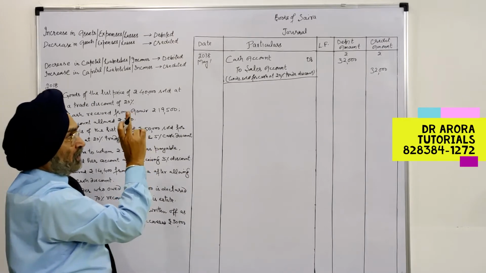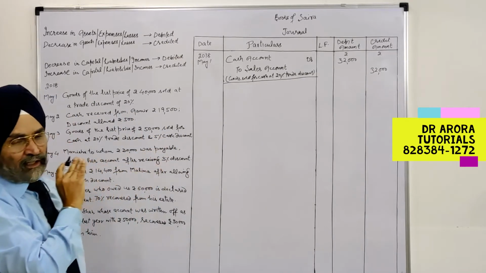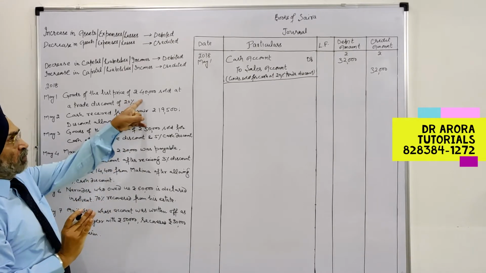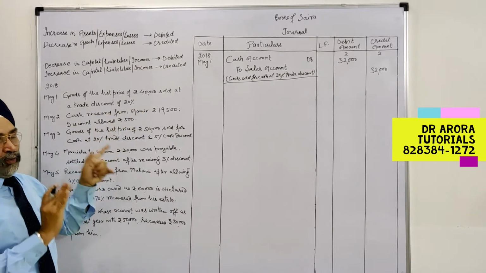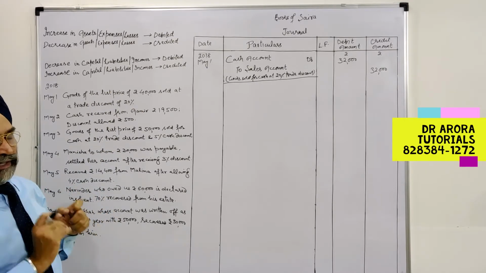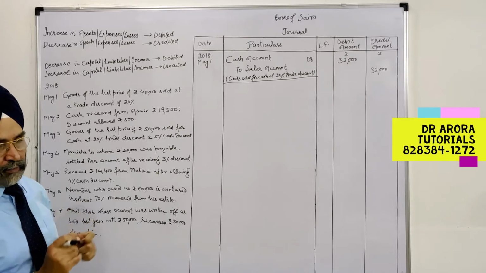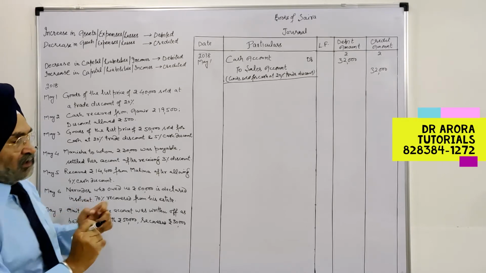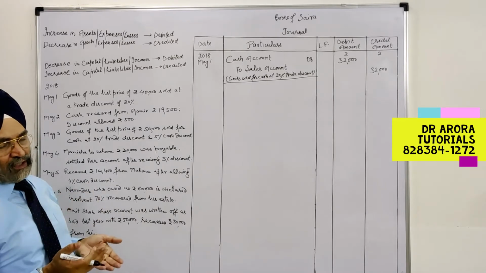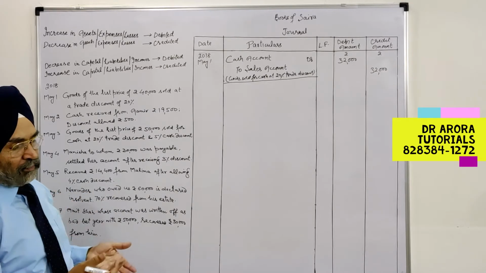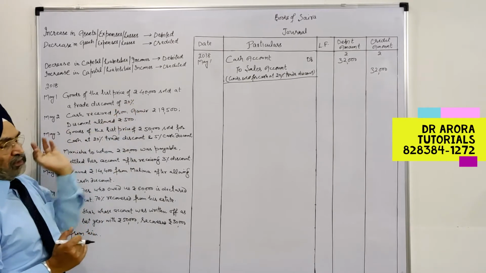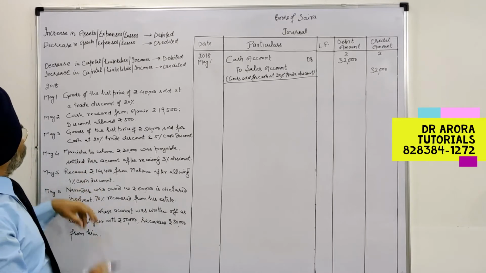In narration we will write, but not in the journal entry. Trade discount will neither be debited nor credited in any of the entries. This thing you have to remember. We have to pass the entry with the net amount only. But cash discount, the discount allowed for quick payment, early payment, prompt payment, that is recorded in the books. When we receive the payment, we allow the discount. And when we make the payment, we receive the discount. That discount is recorded. Trade discount is not recorded. This thing you have to remember.